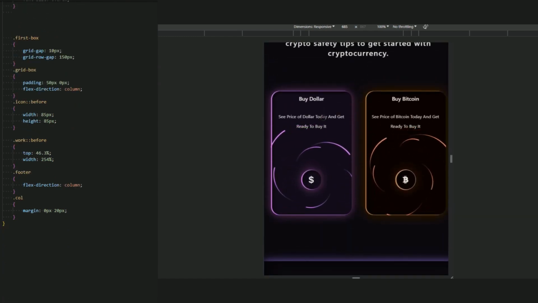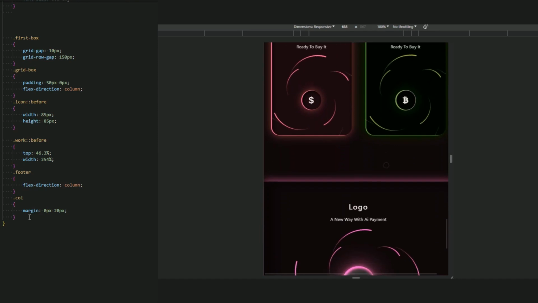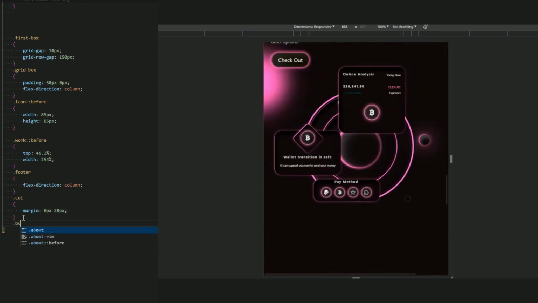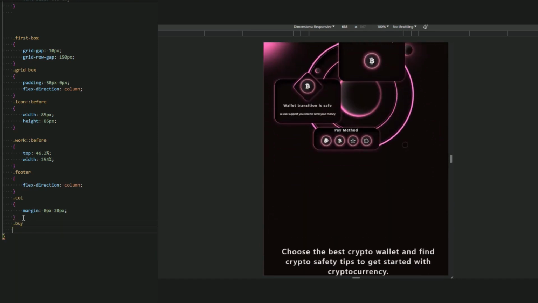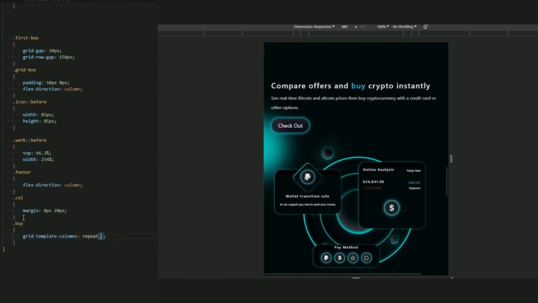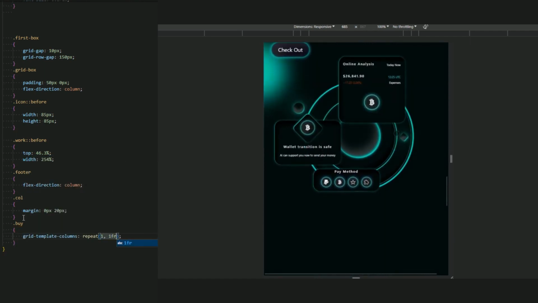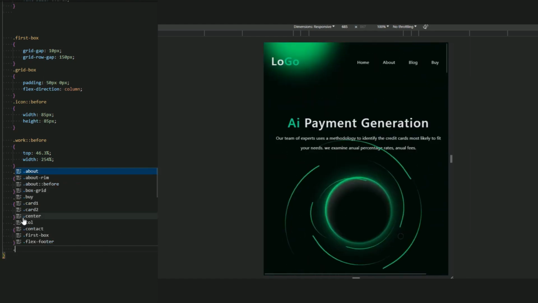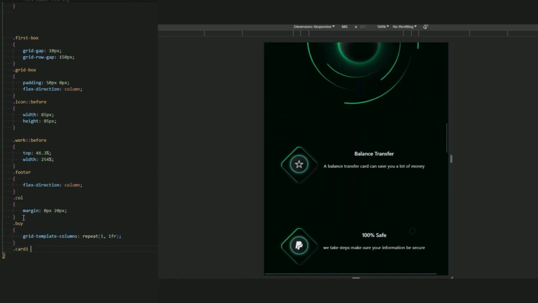And let me just add a by page to add the grid template column, repeat 1 FR.